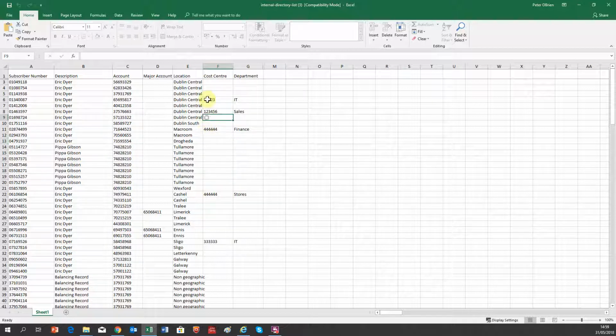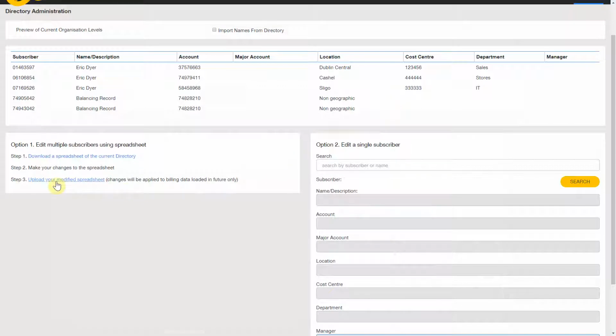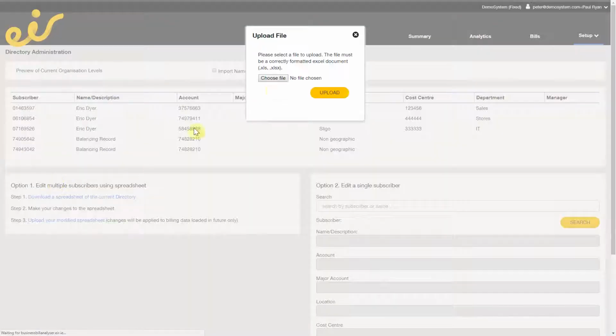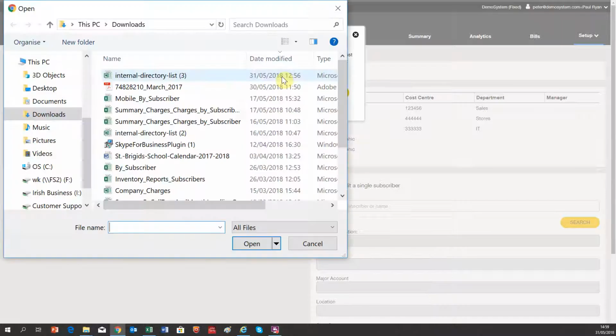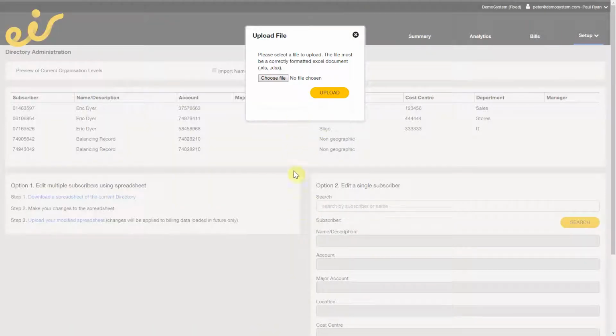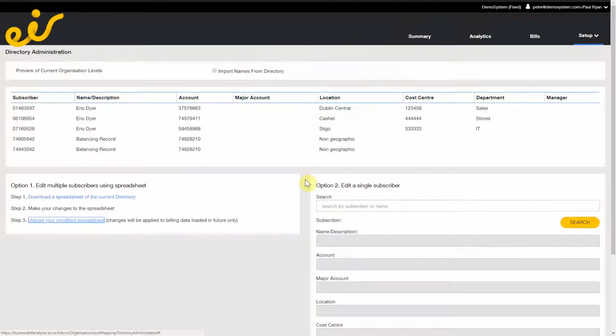You can type away, make your changes, save the spreadsheet, and then when you're finished, step 3 is upload the modified spreadsheet, select the file, and away you go, upload that into the system. And when that's complete, you'll get a message to say it's completed. If there's an error, it'll tell you where the error is. And then, as I said earlier, once we've started to process new billing information, that will update and be available